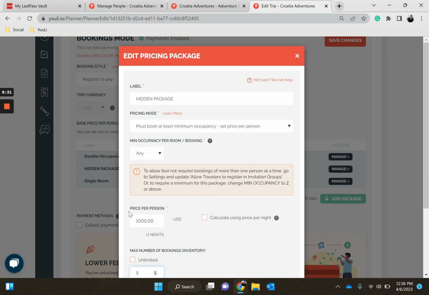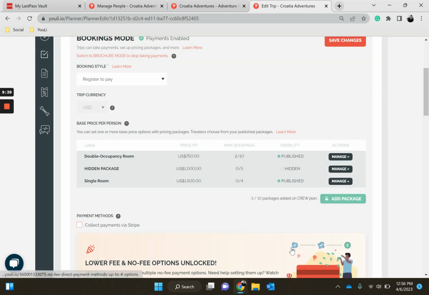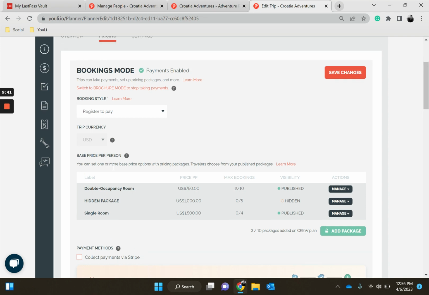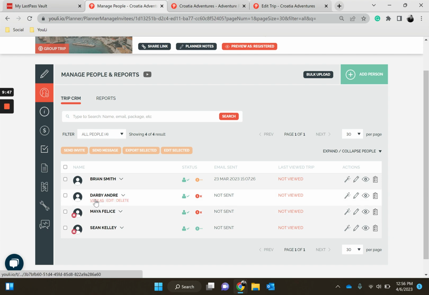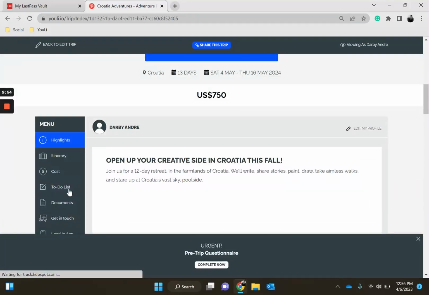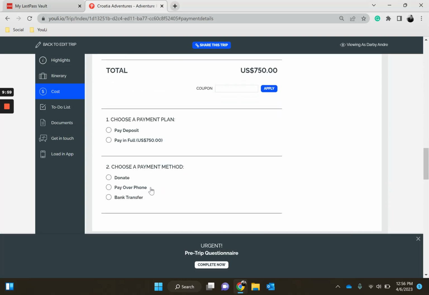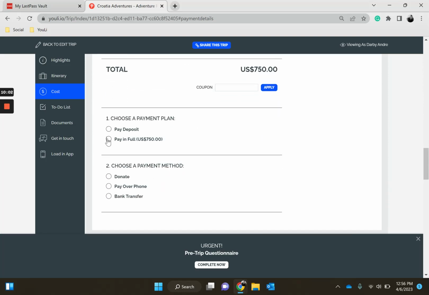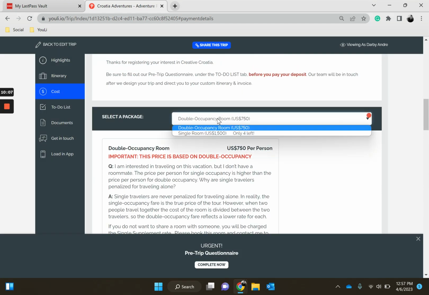But let's talk about the price. So right now we have this package set to $1,000, and it's called Hidden Package. And I'm just going to save this. And now I'm going to show you a specific traveler's view. So let's pop into Darby again and just click View As. We go to cost, and you can see, if I were to say pay in full, Darby owes $750 on this trip, but let's change,